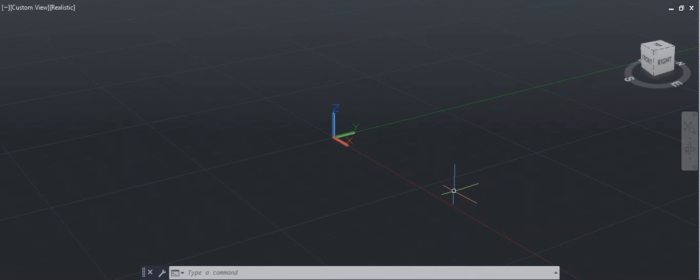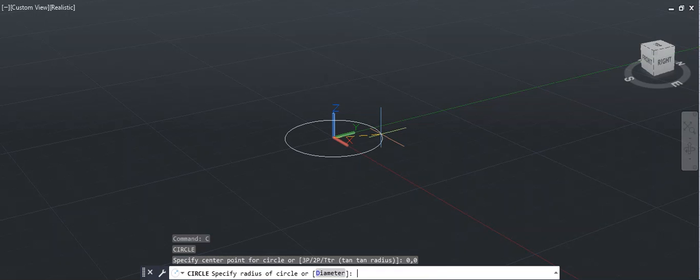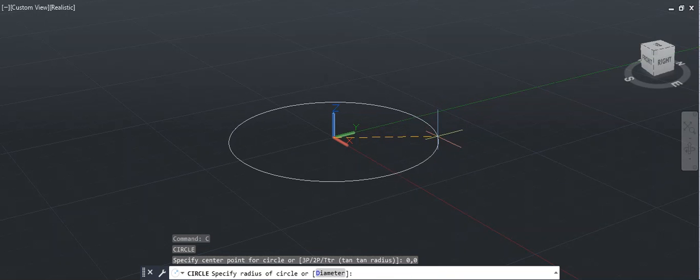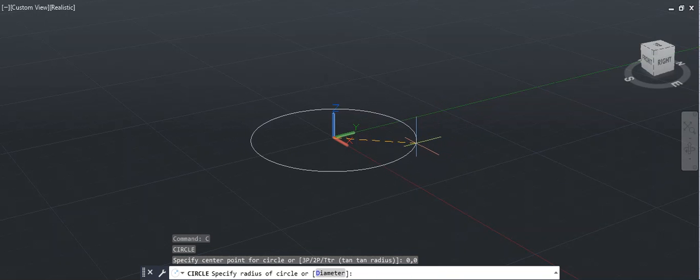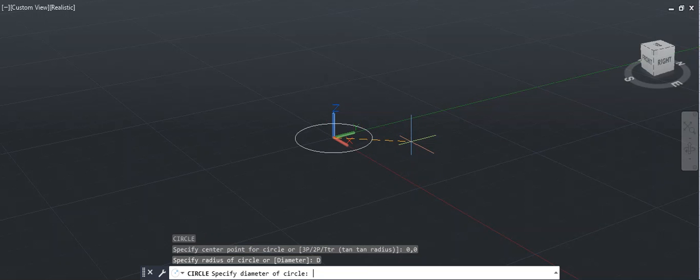First things first, we're going to use the circle command. I'm typing C for circle, and it's asking me for the starting point. Certainly, the starting point is 0,0 XY coordinates, enter. Now it's asking me for the radius. I want a diameter of 5 inches, so I'm typing D for diameter, and then enter